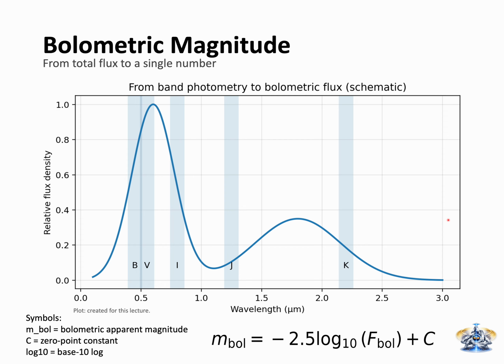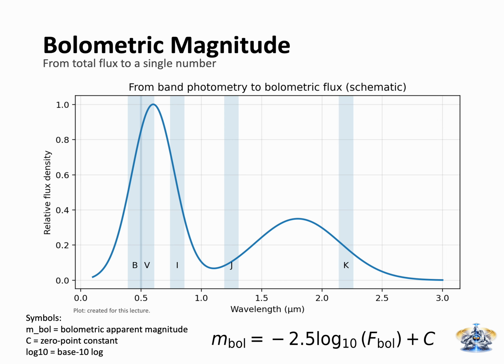Here's how to say it cleanly. Bolometric magnitude equals minus 2.5 times base 10 logarithm of bolometric flux plus a calibration constant. That constant is a zero point, basically a bookkeeping convention. The point of this slide is not to worship the constant. The point is whether we talk in flux or in magnitudes, the latter always compares observed brightness to intrinsic brightness to infer distance.